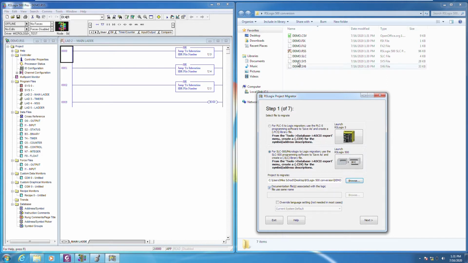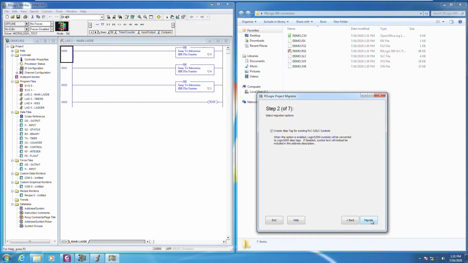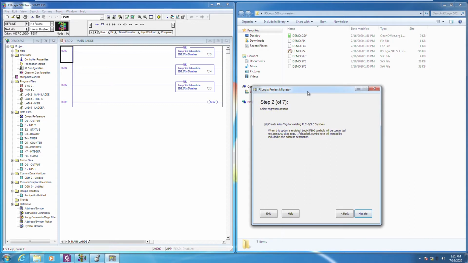I had just mentioned that each file we're going to leave it as demo. If you, for some reason, needed to name your associated file a different name, you could deselect this and pick it here. But because everything's in the same directory, everything's got the same name, we can leave that checked, and it's just going to know to grab it. So hit next. So here we are in step 2,